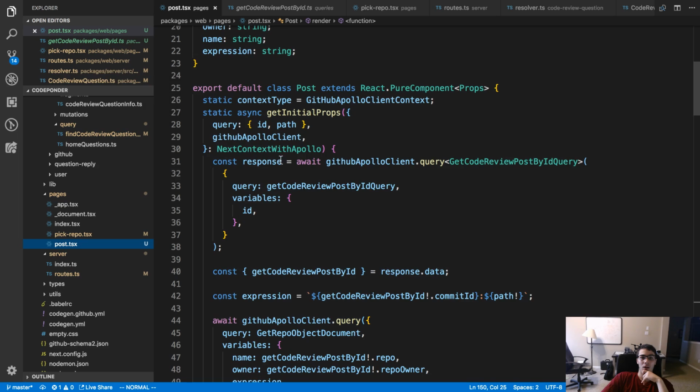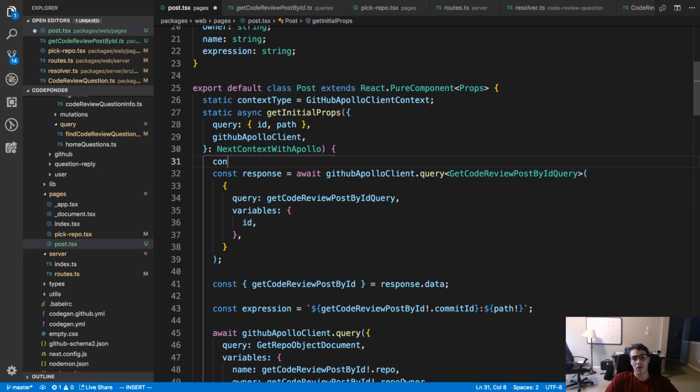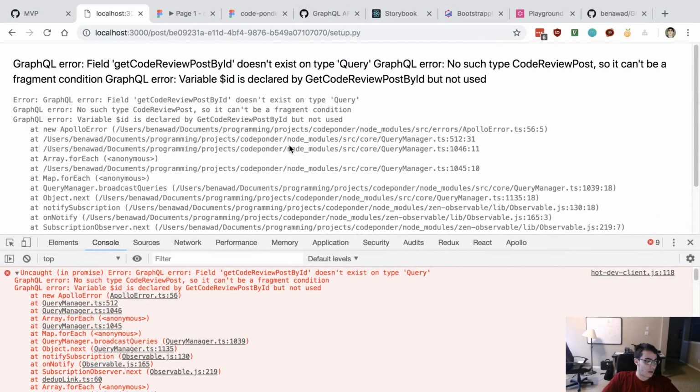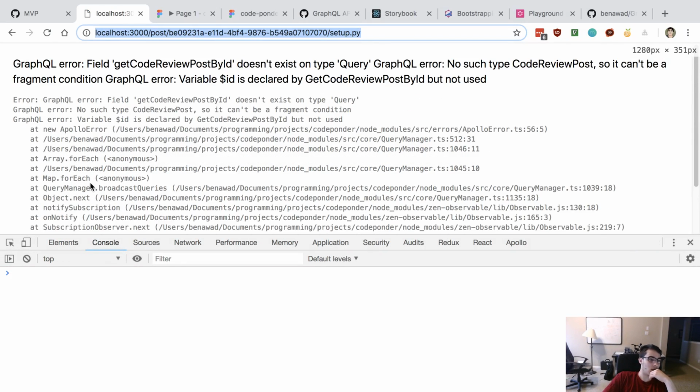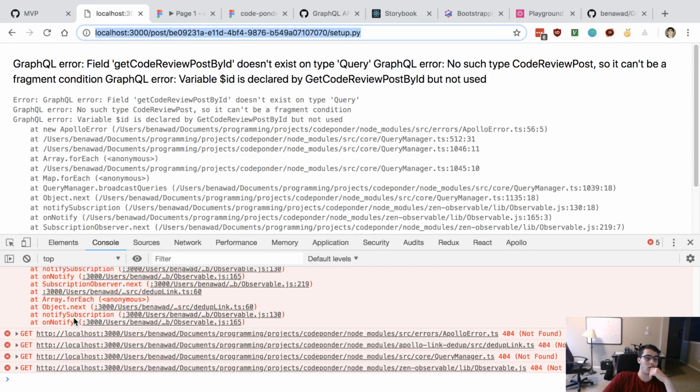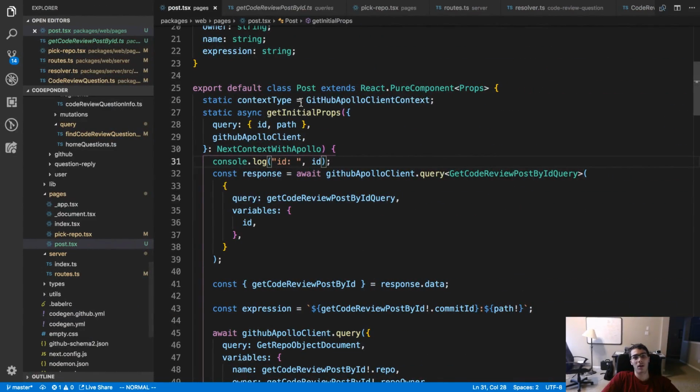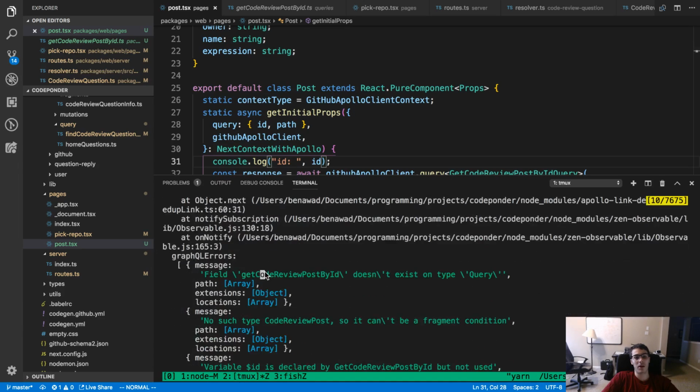All right, we're doing it here. It says we're not using the ID, which is kind of interesting. And I put it in the get initial props, which should be log server side.